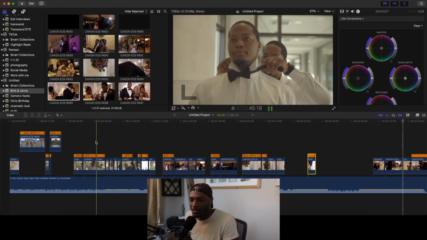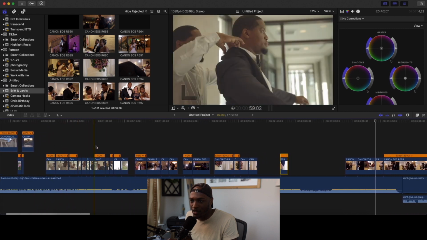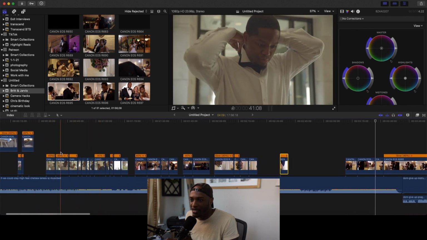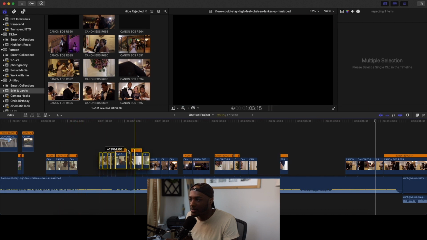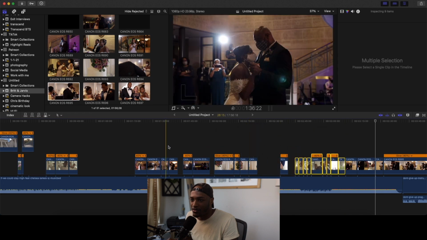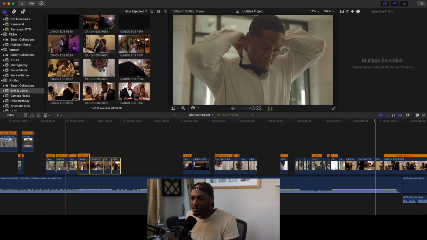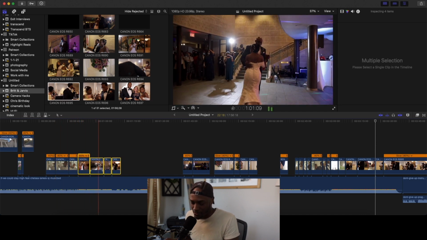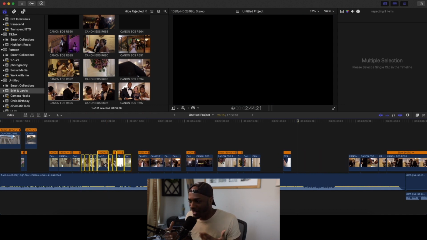What I'll do is I'll start to figure out what I want to do. Maybe I can do a couple of shots of this and then move this along somewhere else later on in the film, and then I'm just doing this to show you, and then add some shots here. So this is just an example of what you can do.